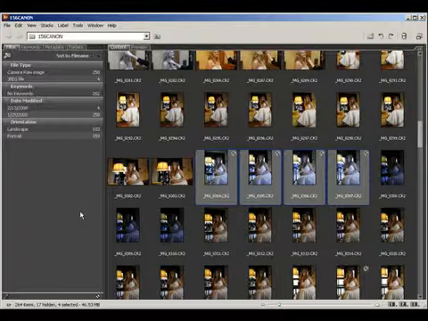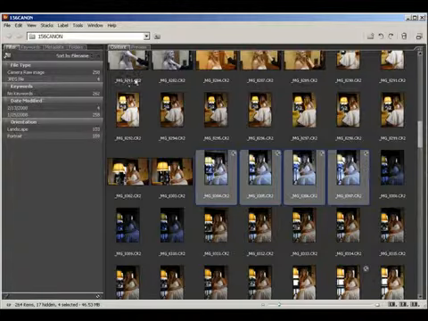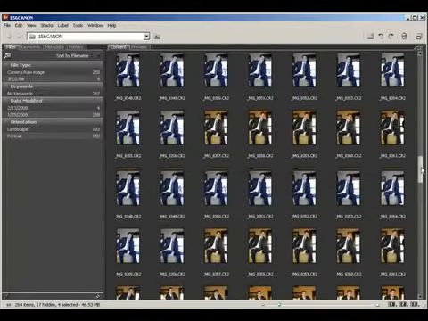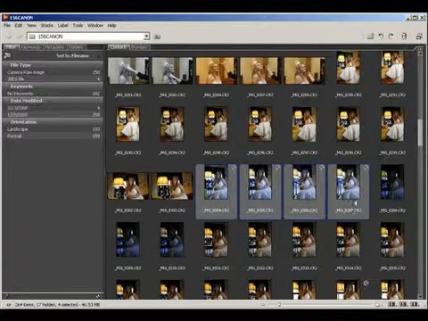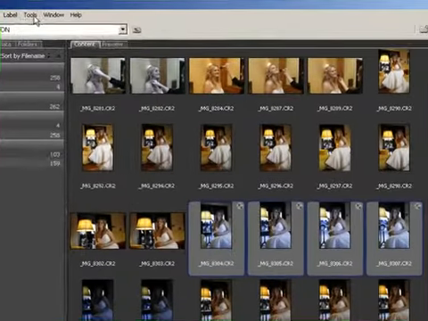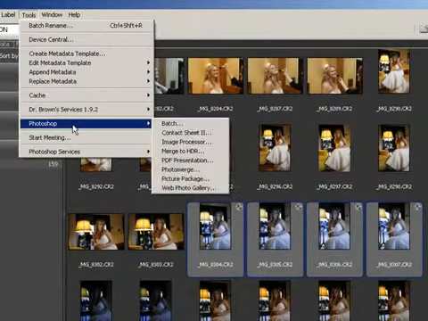And the most common scenario is after you've just corrected a large batch or large folder of raw files, and you need to convert them into JPEGs for proofs. So I'm only going to select these four, but you could use the image processor to convert this entire folder of raw files here. But either with one or four or the entire folder selected, you go up to Tools and down to Photoshop,